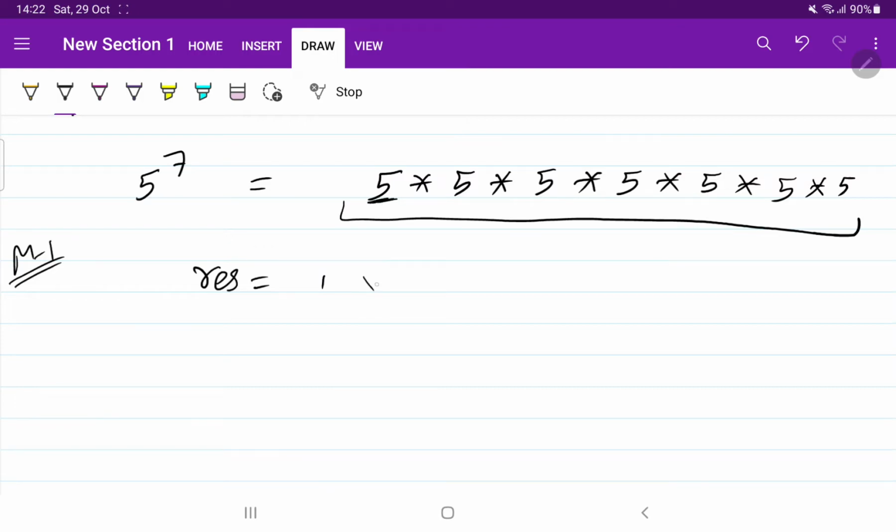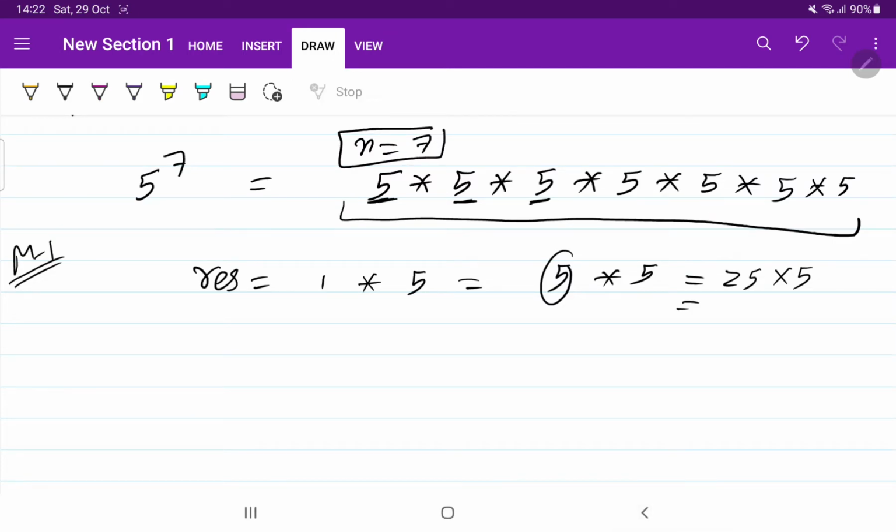One time I will multiply with 5, so the value is 5. Now in this 5 I need to again multiply with 5, so I will get 25. Then again I will run the loop and multiply by 5. So till n is equal to 7 we will run a loop and store the result, and then at the end we are going to return the result.